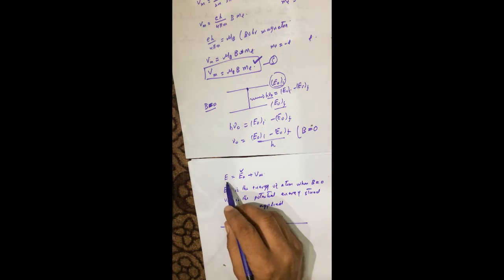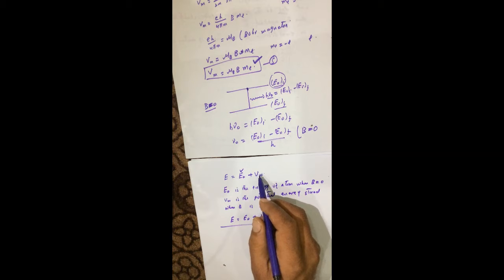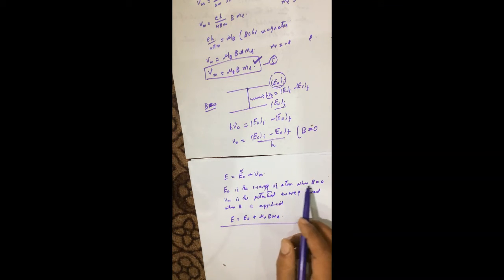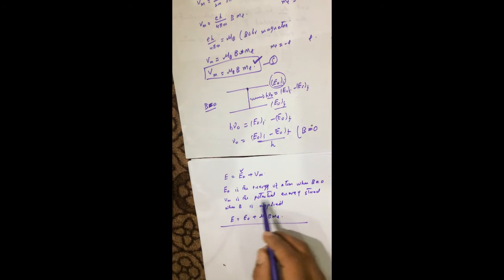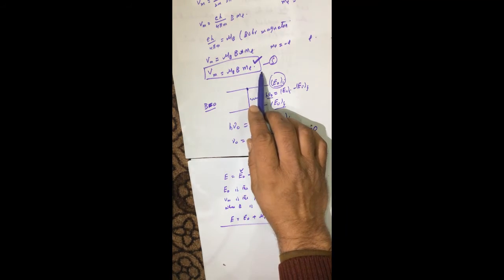So the total energy is now the sum of the original energy plus the potential energy stored, where E naught is the energy of the atom when B is 0 and Vm is the potential energy stored when the magnetic field is applied. So from here E is equal to E naught plus Vm, and the value is given by equation 5,